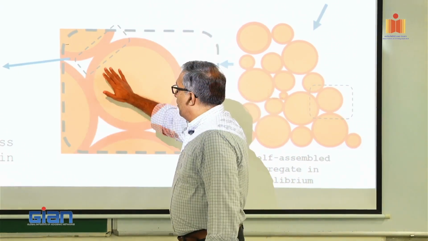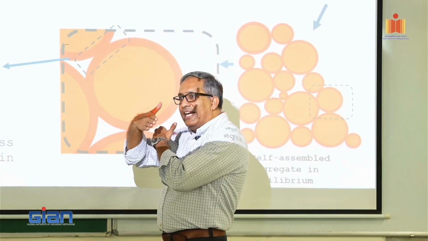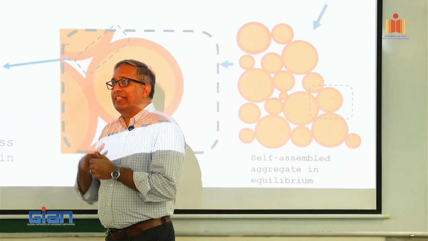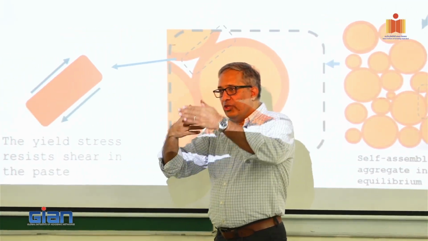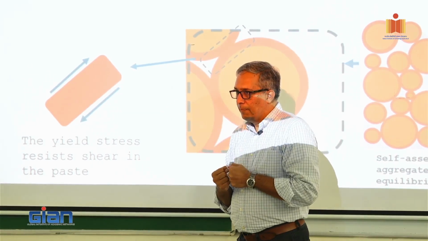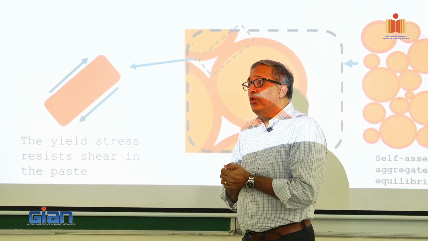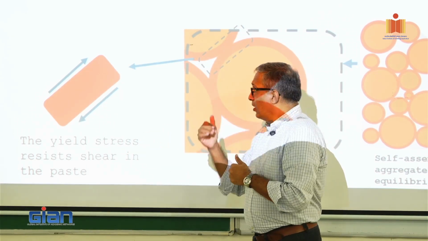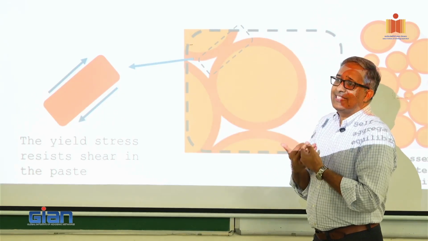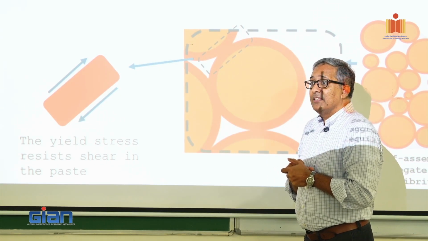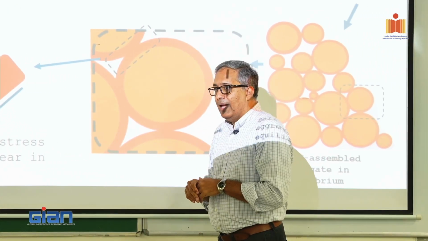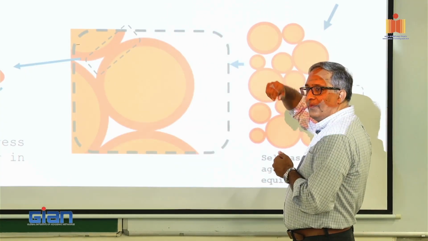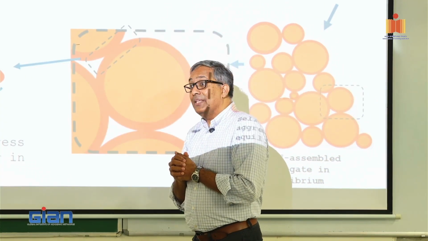Now, what prevents this aggregate from sliding in this position? If this fluid is able to withstand a higher yield stress, it's going to block it in place. It will not allow it to shear. If that liquid had a low yield stress, what will happen? The minute I apply some shear stress to it, it will shear and flow. It cannot withstand that much shear, so the aggregate will continue to move and find a more favorable position. Then the slump increases.